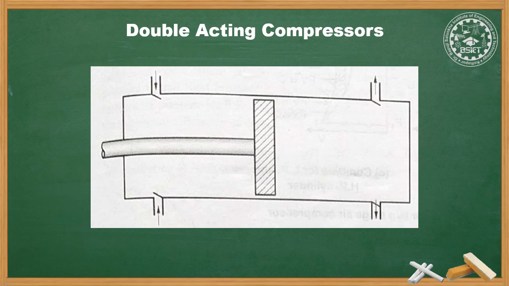This compressor requires more space as compared to the single acting vertical compressor. As both sides of the piston are exposed to rapid change in temperature and pressure, there are chances of leakage. A considerably large stuffing box is used to prevent the leakage. In examinations, questions based on the difference between single acting and double acting compressors have been asked. So it is required to write down the differences between single acting and double acting reciprocating air compressors.